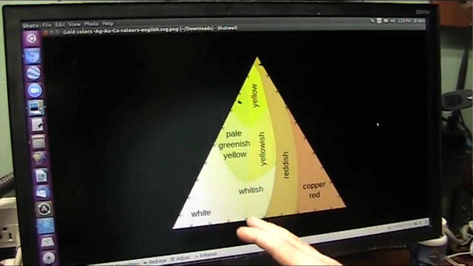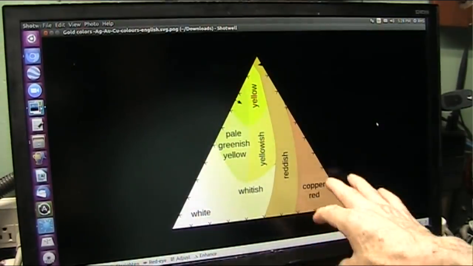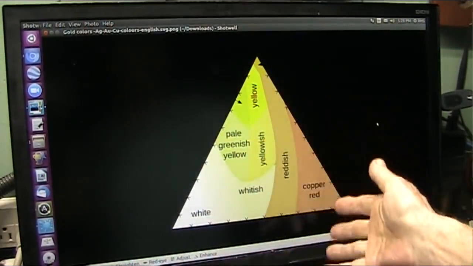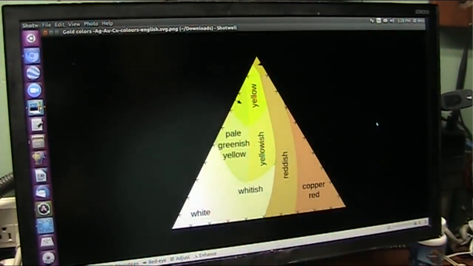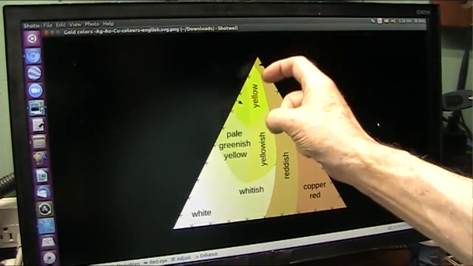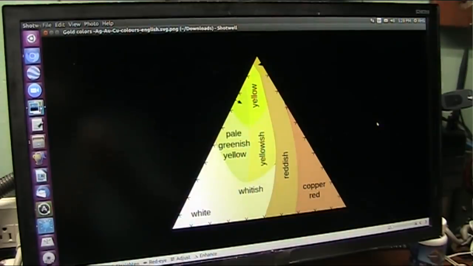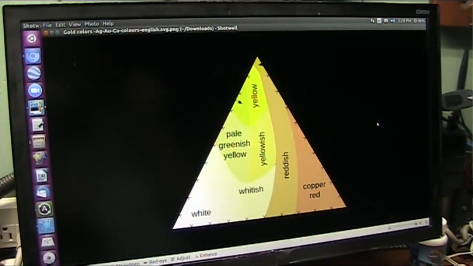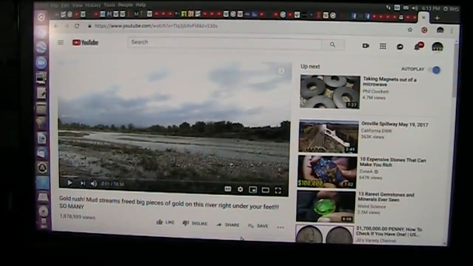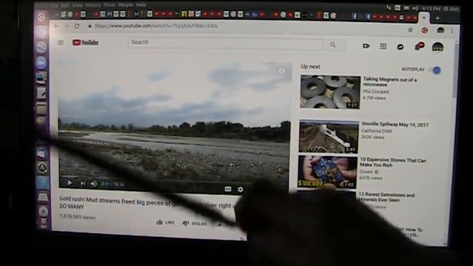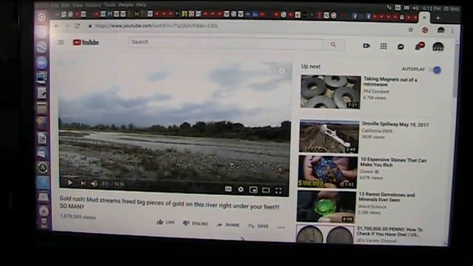Just so you understand, gold comes in different colors, as you get your copper mixed in, and different metals mixed in with the gold. But if the gold collects to its heaviest spot, it will flocculate together. It will seek its own kind at its heaviest depths. Alright, this is a Russian guy who did this, and I'm 100% certain that it's staged.